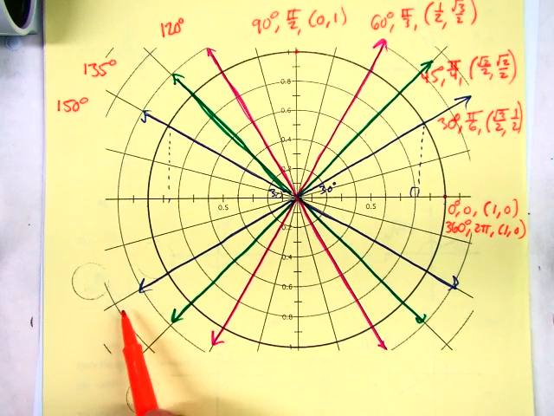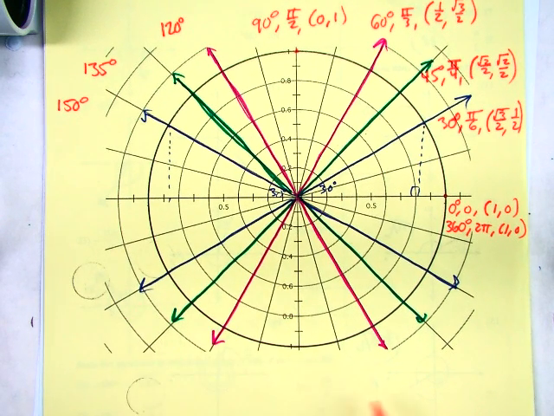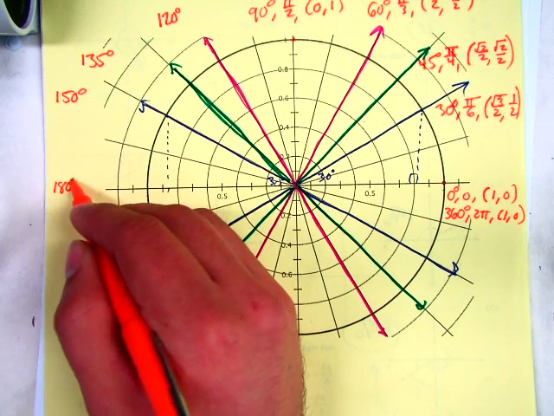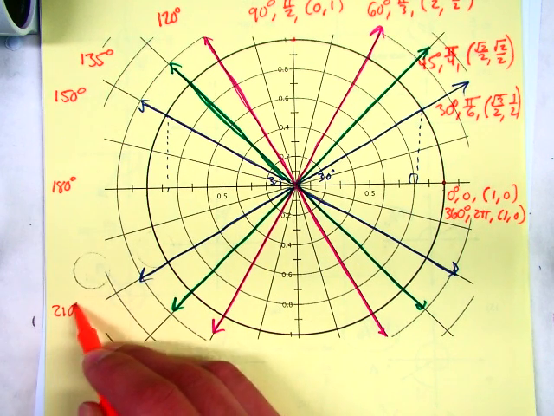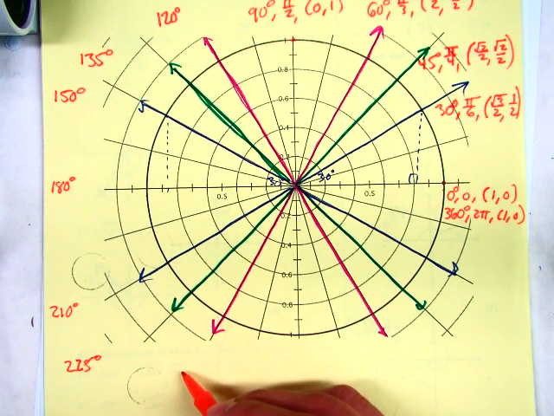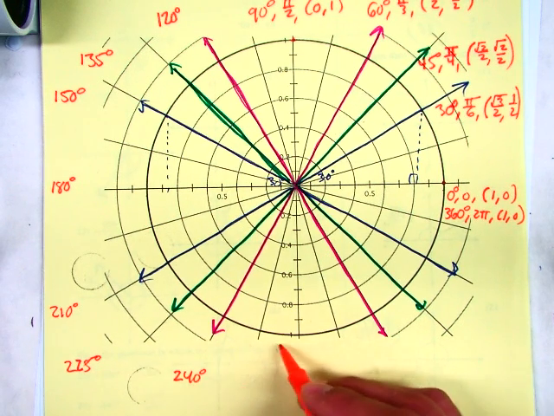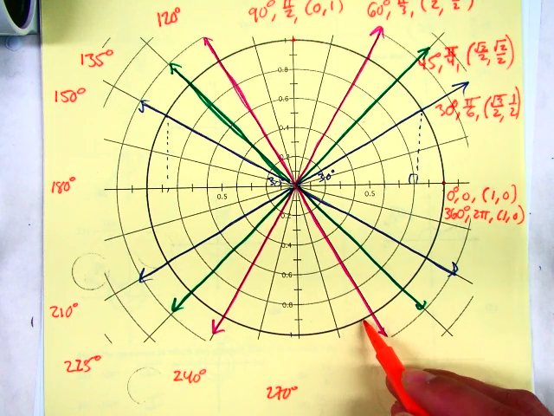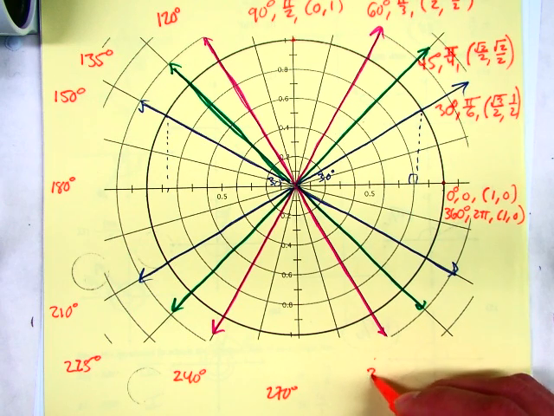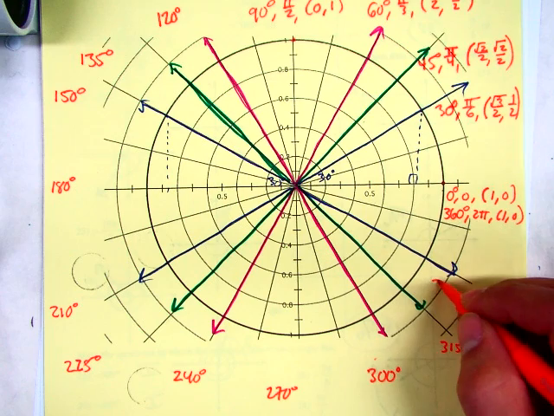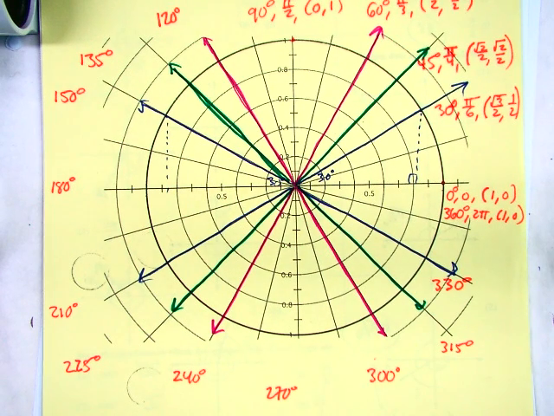Do you guys know what these angles are over here? Let's do all the degrees first. Okay. This is 180. This is 210. 225. And then 240. 15 and 15 more make 270. Go 30. We get 300. 315. And then 330. Okay, so those are all the degree measures for the unit circle. Now,